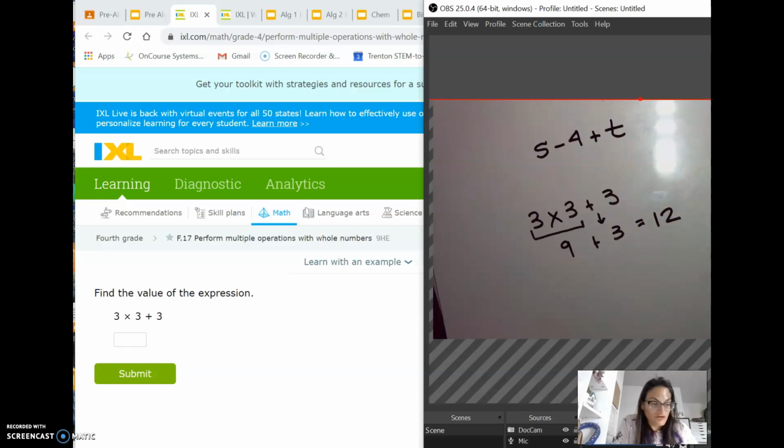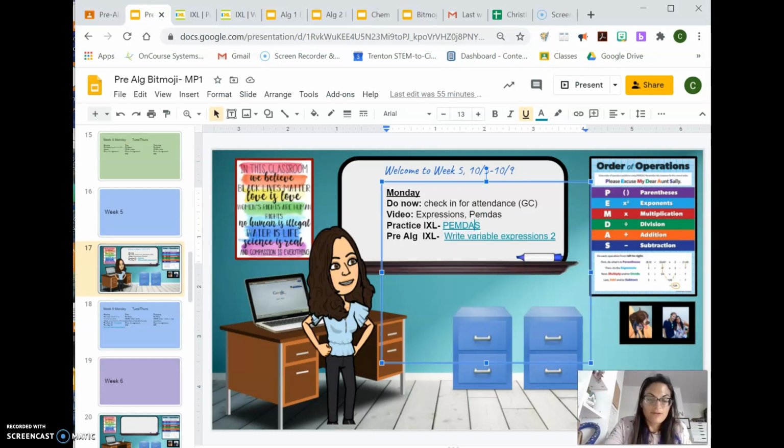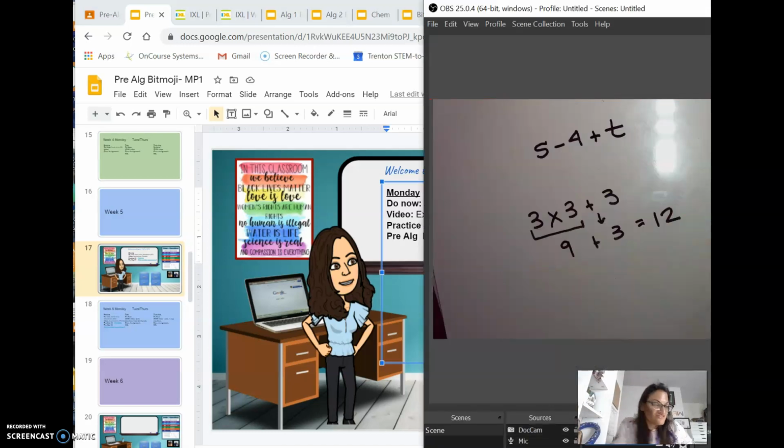There is a little picture in the Bitmoji classroom. If you take a look here, there's the order of operations. They're all spelled out for you, but I will re-explain them real quick, just in case you want to hear my delightful voice on a Monday morning. So, again, PEMDAS is